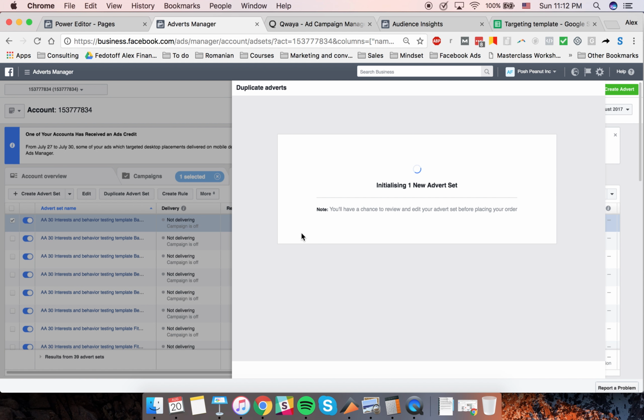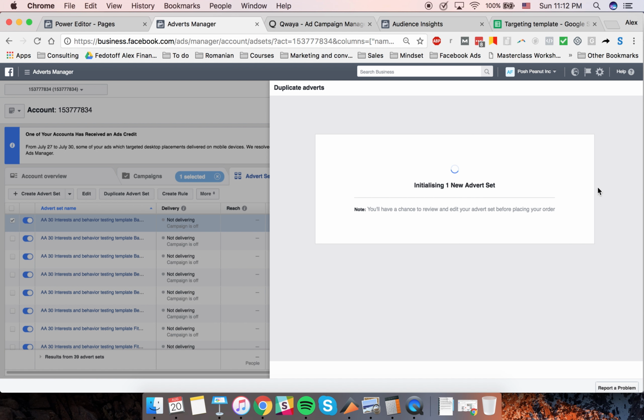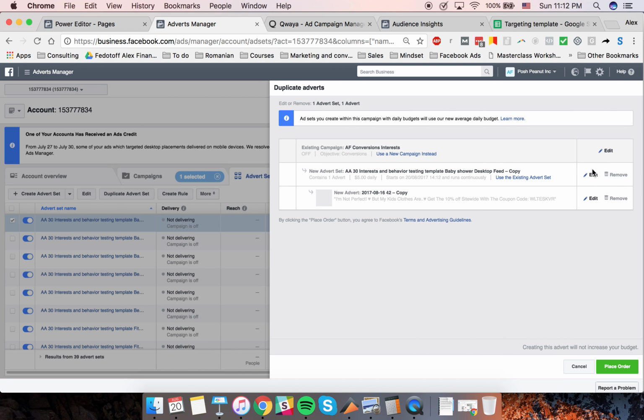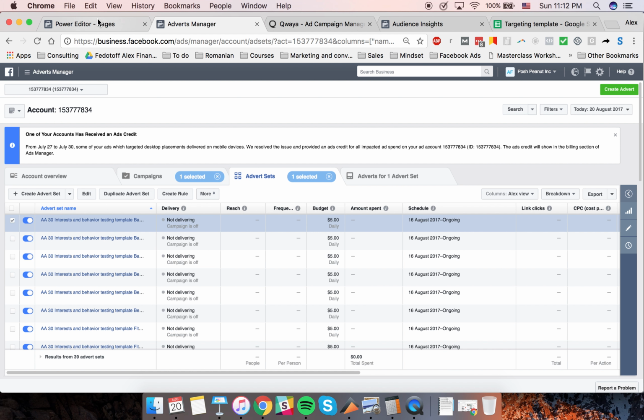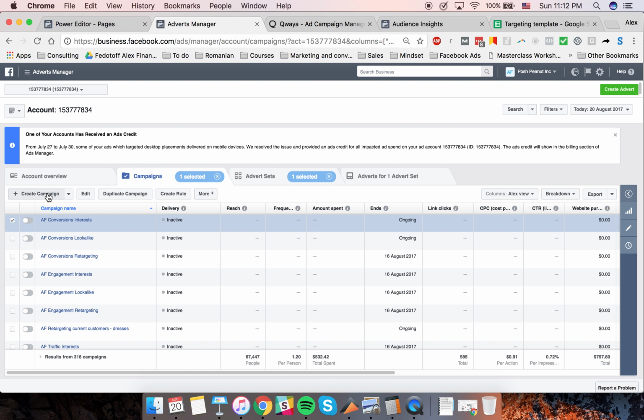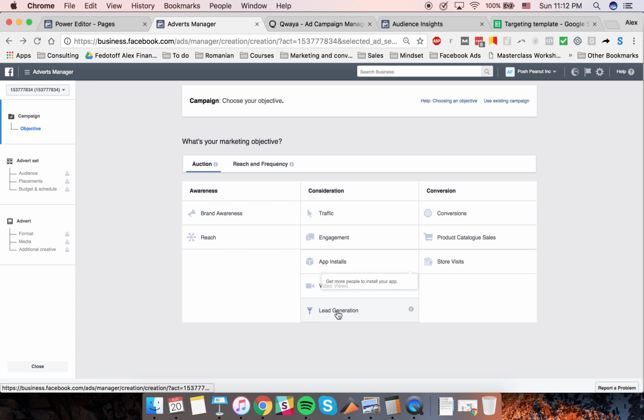You click duplicate, and then you choose the variations that you want to have within your ads. And if you want to create new lead ads, you also want to have them in a new campaign. So for example, you would create it here,